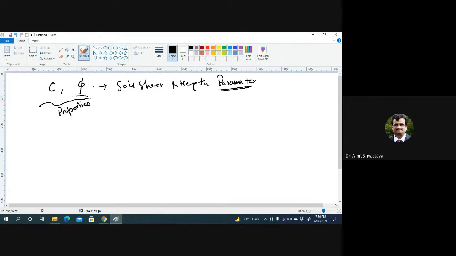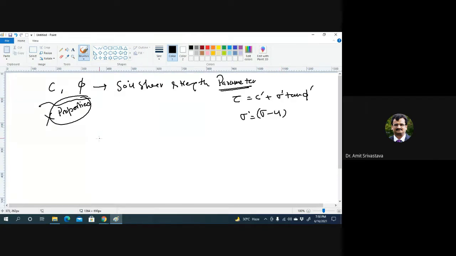We should never say that C and phi are properties. They are just shear strength parameters, because we define the soil shear strength as C plus sigma tan phi. And if we use this equation in terms of effective stress, we represent it with a dash, because sigma dash is sigma minus u, which is total stress minus pore water pressure.